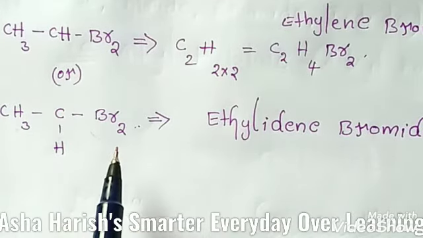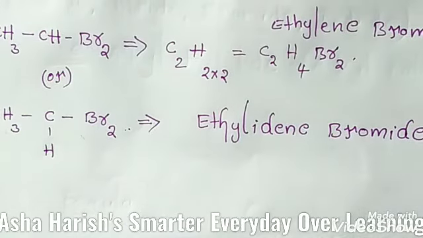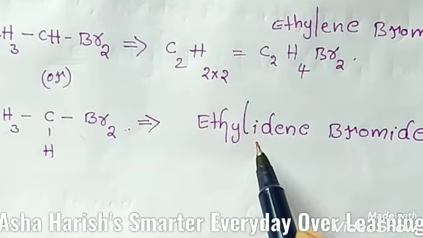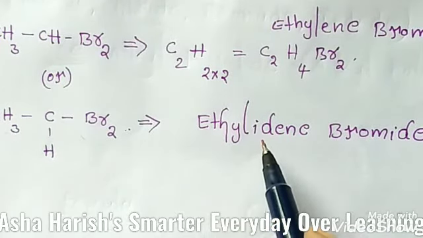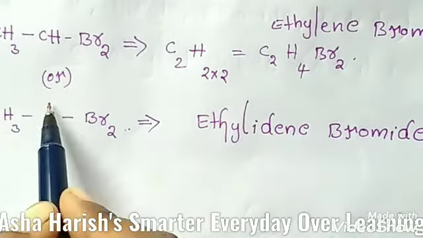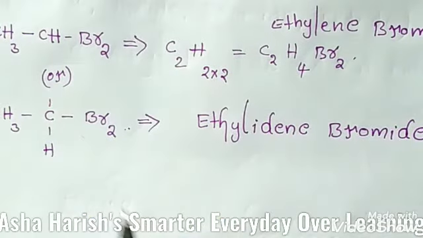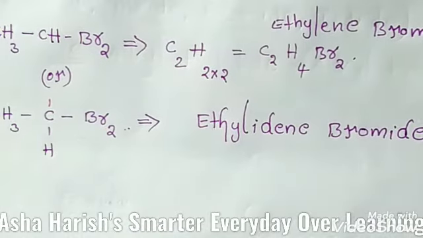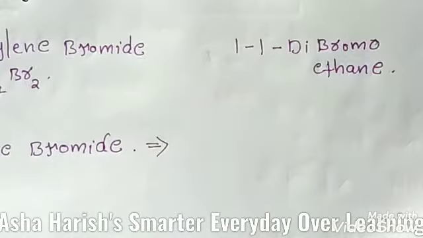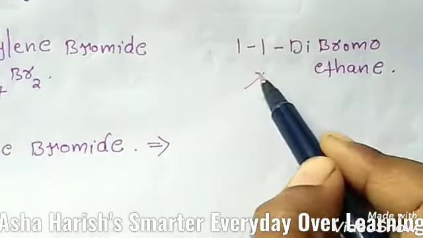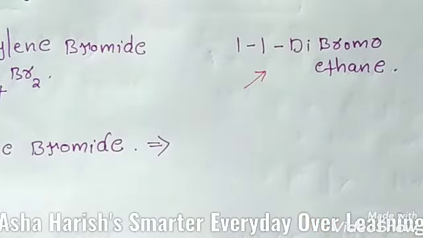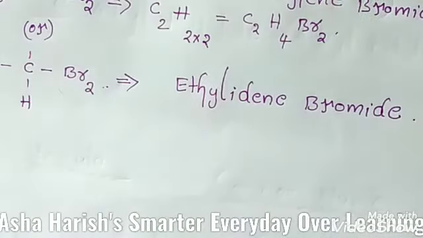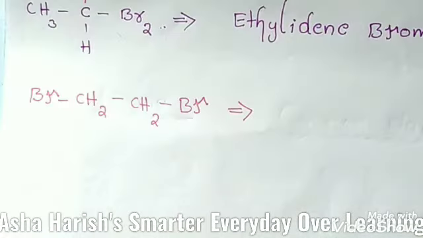So, basing upon that definition, we can give the name for this compound, that is ethylidene bromide. Ethylidene, basing upon that alkylidene dihalides. Okay, and here at this first carbon only, this is the second carbon. This halogen atoms are attached here, so that the name should be 1,1-dibromoethane. That's why we have given the name of this compound like that, 1,1-dibromoethane. Right, we shall go for the next one.